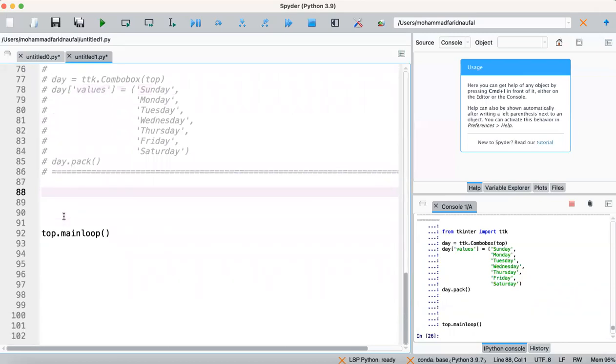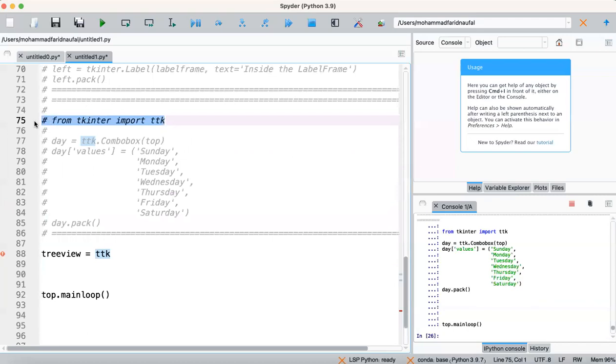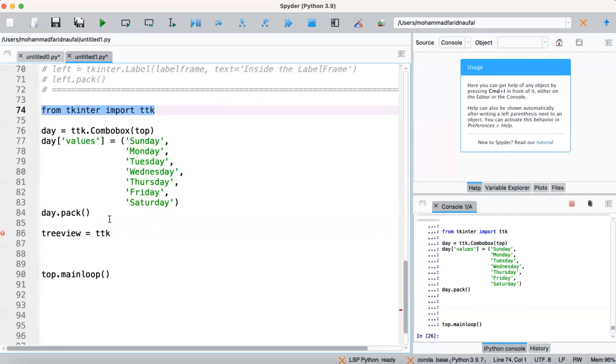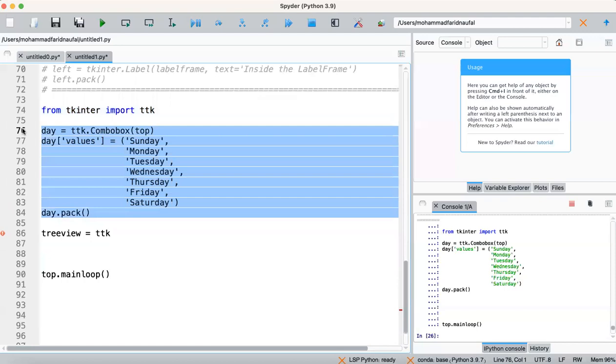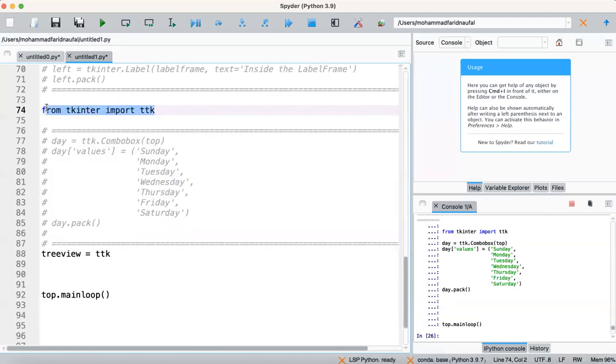Okay, so for creating a tree view, we create a variable treeview equal to ttk. We still need to use the ttk library here.